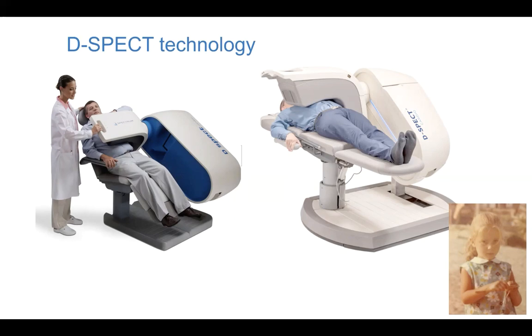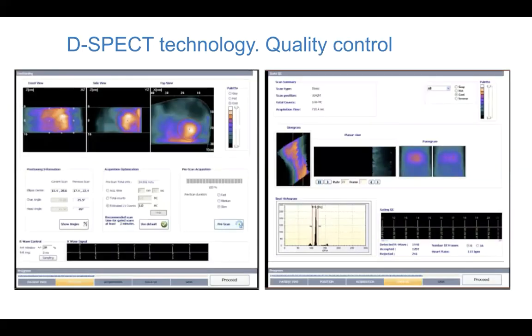After placing the patient, a pre-scan of 30 to 60 seconds with a low spatial resolution is acquired to visualize the location of the cardiac signal. But we can observe this information better in the new slides. Before starting the tomographic acquisition, as we said before, a scout view is acquired that lasts 20 to 40 seconds to confirm that the detector arm is very well positioned in the vertical axis and is close